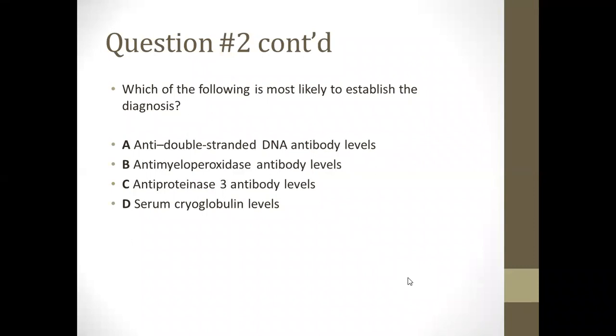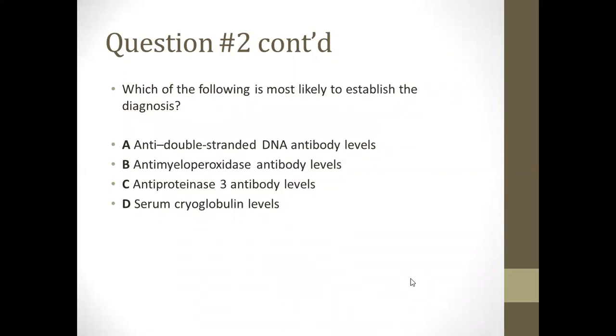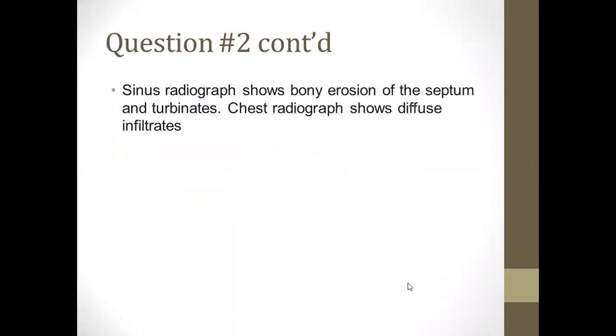B, anti-MPO antibody? Maybe, maybe not. C, anti-PR3 antibody. And D, cryoglobulins. Now, nobody is going to fault you for ordering all of those tests, and in the real world, you would order all those tests, right? But he has